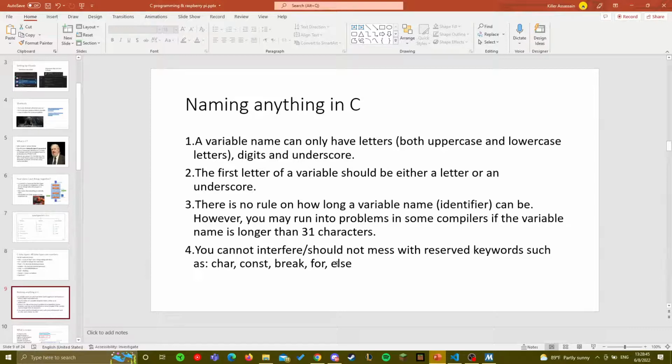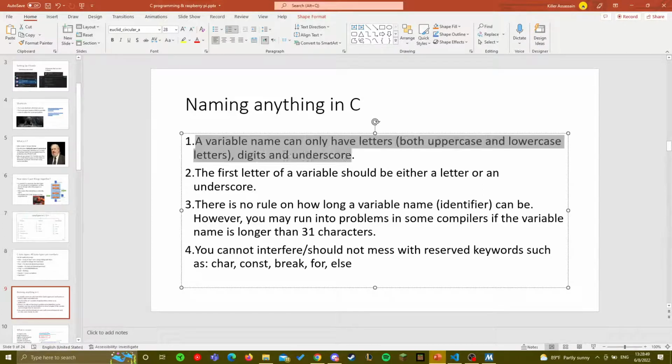Then you want to make sure your name only has letters, digits, and underscores, right? You don't want to mess with them, because those things are stored on a different level representation. There's UTC, I think it's UTC code, which is what is used to kind of, everybody knows, if you know what ASCII is, right?